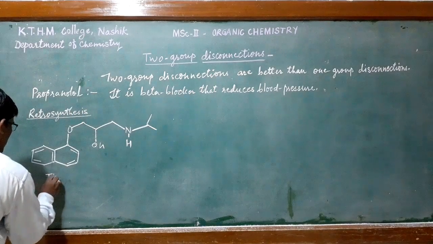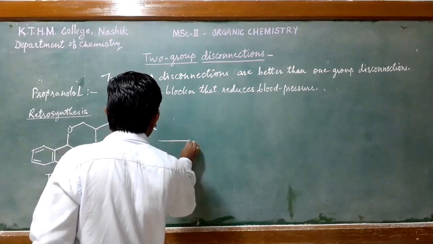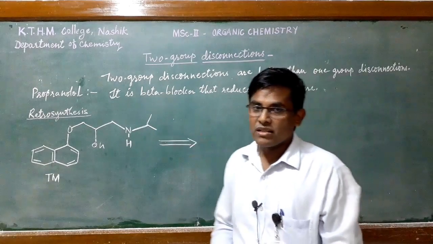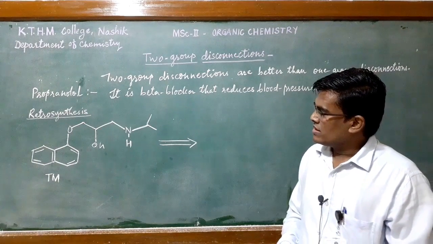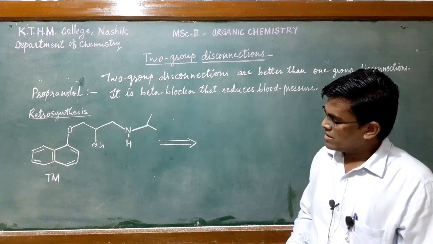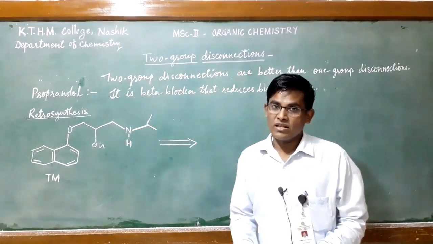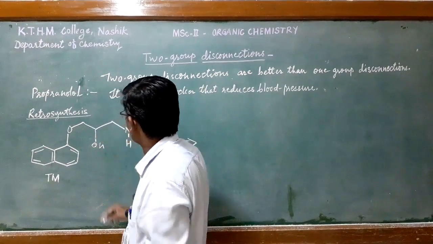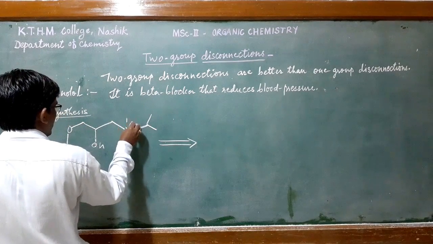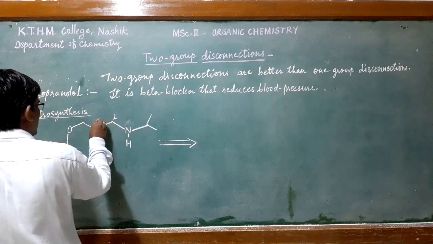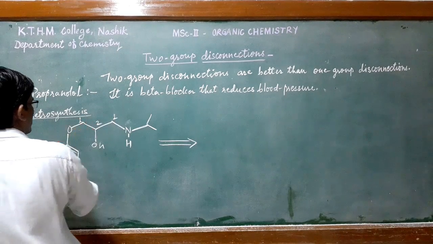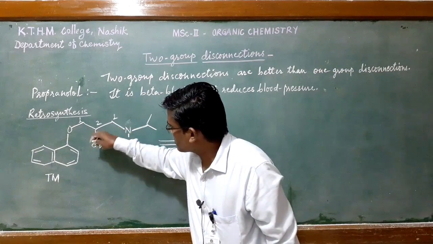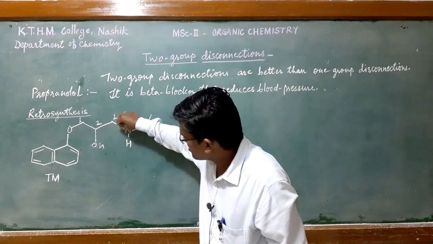Okay, this is our target molecule. So, we now have 3 functional groups over there, okay, and you can envision there are two 1,2 relationships. One could be here and the other could be here. So, we can write 1,2 and this 1,2, which means there are two 1,2 relationships. You can either disconnect this bond or this bond.